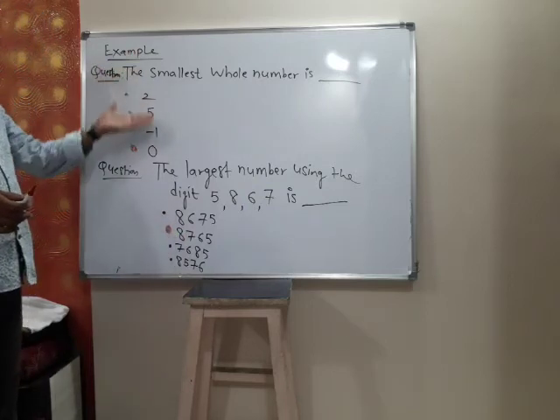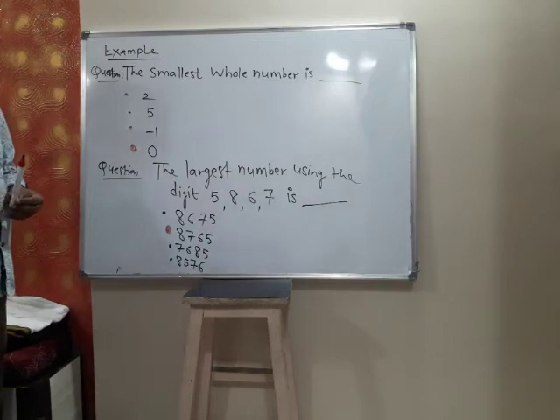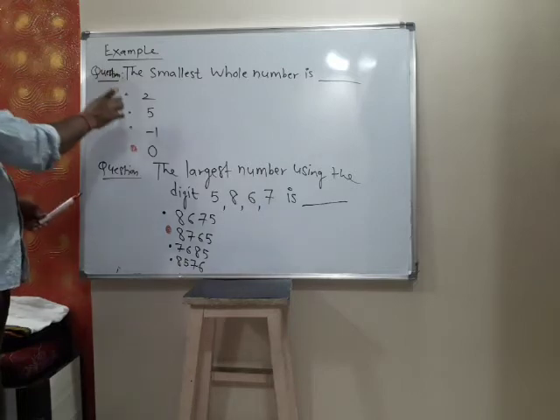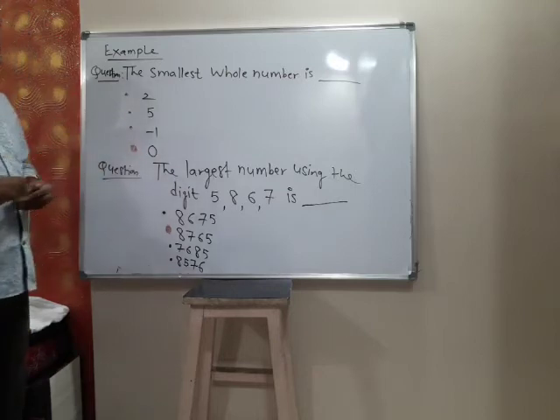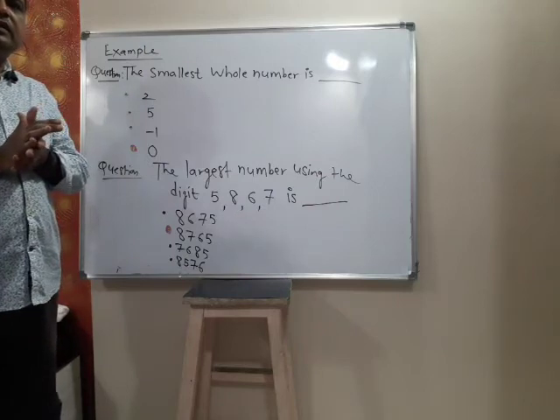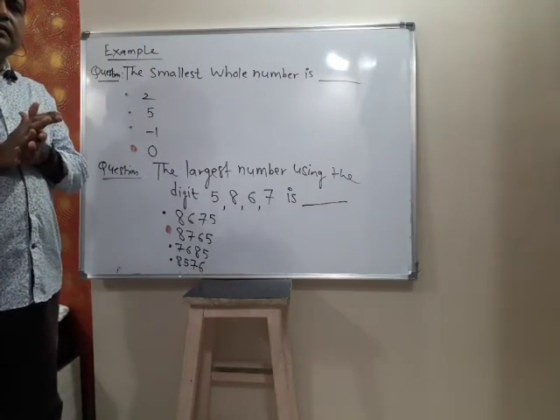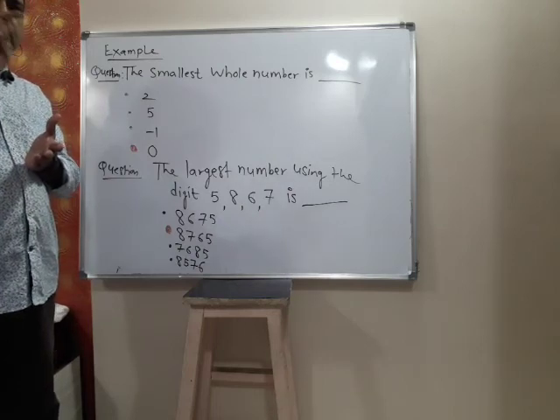So in this way, these are the examples of how you will get the questions in the mock test. You will be given 5 questions. For each question there will be 4 answers, multiple choice. Out of those 4 answers, only one is correct, which you have to click using your finger. Is it clear? So our mock test will be in the online format. For each question there will be 4 options. You have to click the correct option.